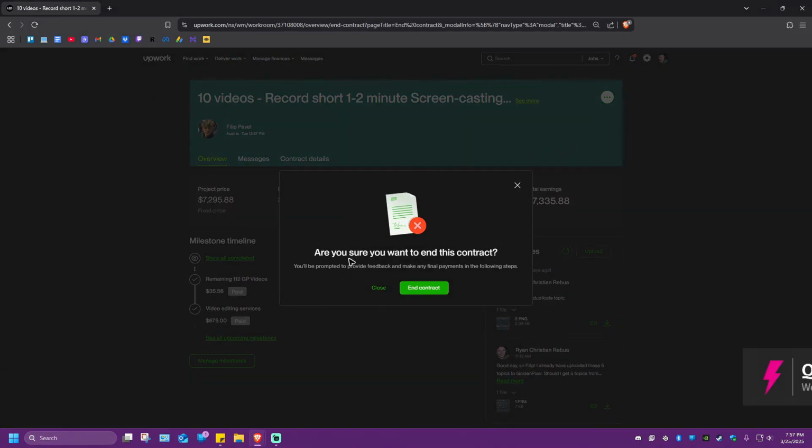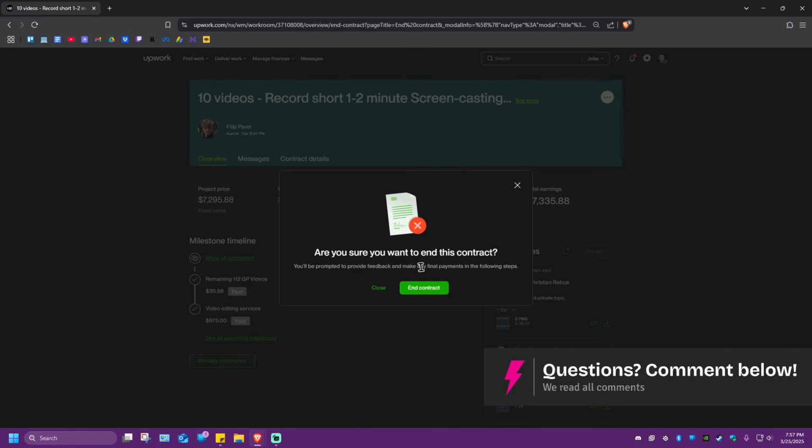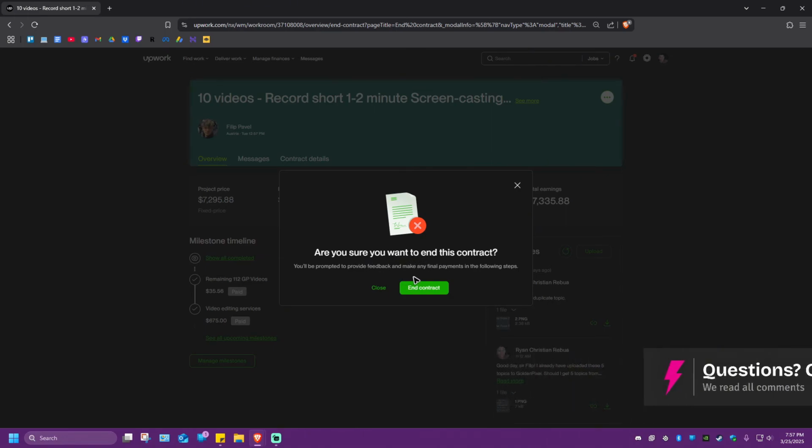Now, there will be a prompt. Are you sure you want to end this contract? You'll be prompted to provide feedback and make any final payments in the following steps. Now, if you're really sure that you wanted to end the contract, just go ahead and click on this one. And in the next page, you will land on the feedback section where you would share your feedback with this particular client. That's basically how you end a